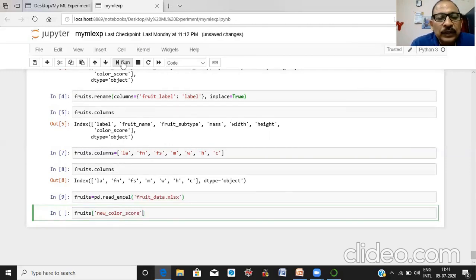We are going to create a new column from the existing column, so this is the name of the new column.